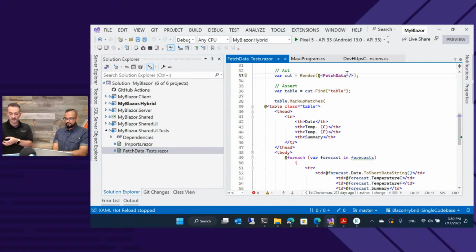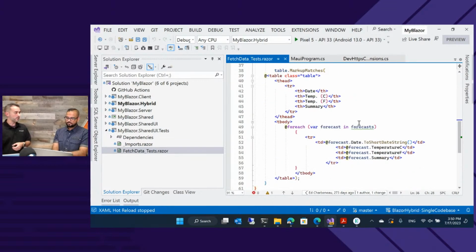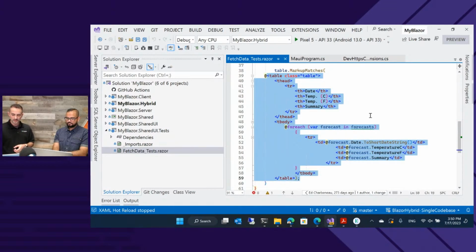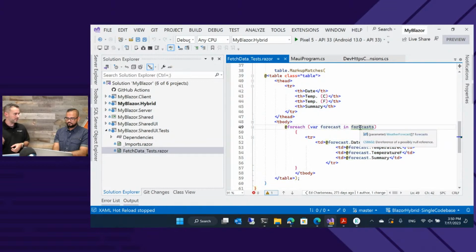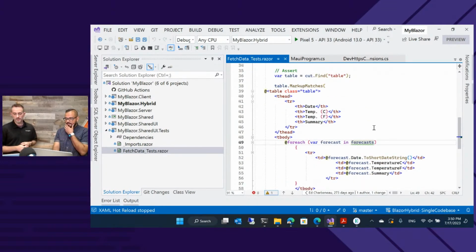internally, which then renders that in the table. So we go find the table element, and then we can use Razor code here to make sure that table element rendered correctly. So it should match a table that looks like this. And notice I'm using Razor here to iterate through those forecasts that were generated by Autodata. So I'm saying the forecast elements that were generated by Autodata, are they the same ones that were given to the fetch data component through the service? And they should match, because we're essentially rendering those directly out into the component.